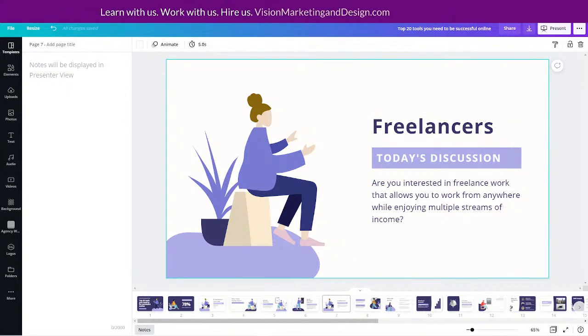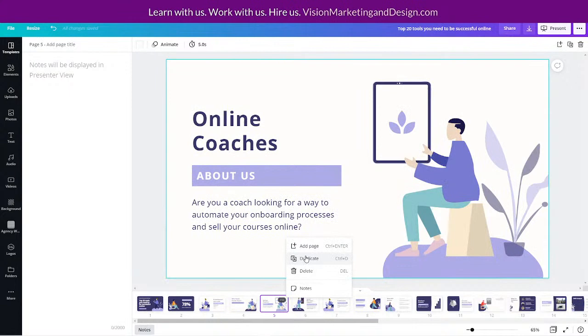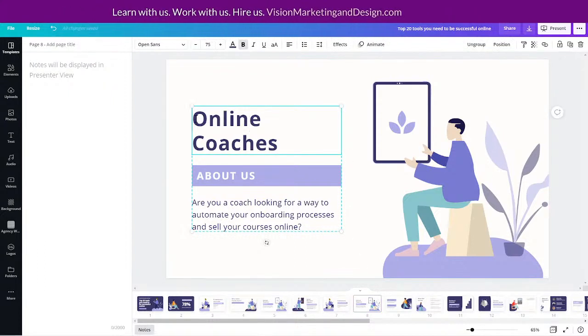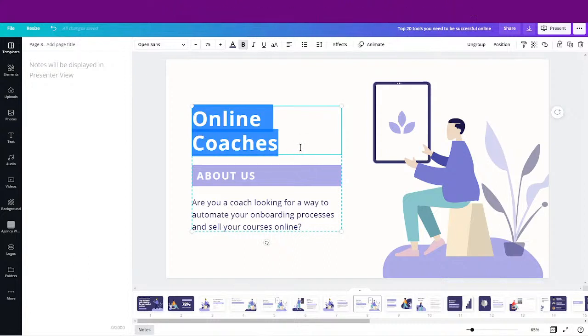Okay, so the next one we have is, are you an artist or a crafter who wants to sell your products online? So let's just make sure that we're rotating. So let's actually duplicate this one here and let's move it on the other side. And then I'm going to click here and let's say, artists or crafters who want to sell your products online. So let's say, you guys help me out. How would you say artist or crafter to be a more generic term for people who want to sell products online?